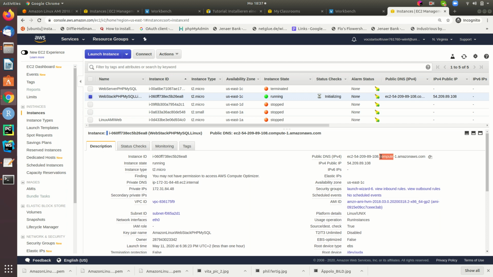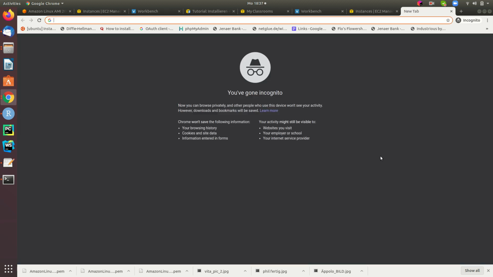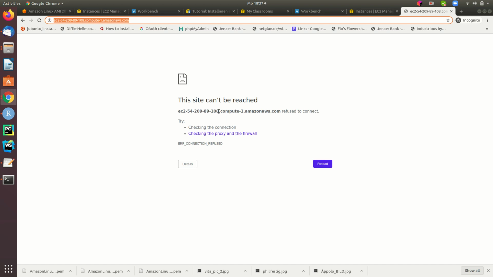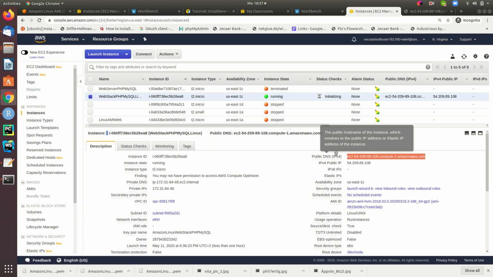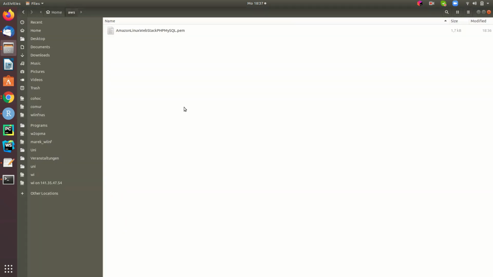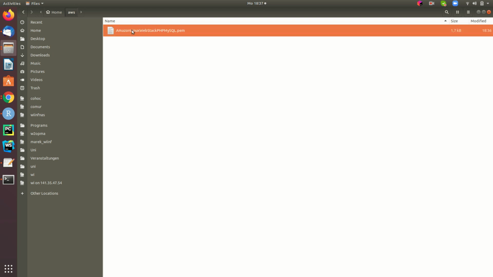You won't be able to access it through the browser since there is no web server running at this point. So we're gonna have to do that before we can access the machine through the web. So I created a folder AWS in my home folder on my computer. You can create any folder you want, but keep those keys in a place where you're gonna find them. So I downloaded and copied that key file here, and now we're gonna head back to